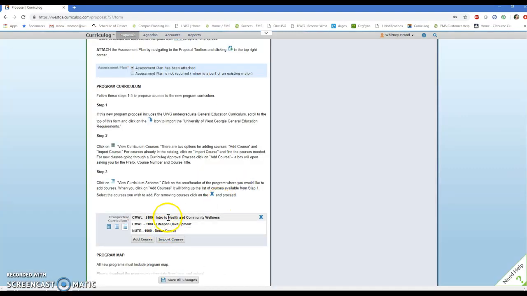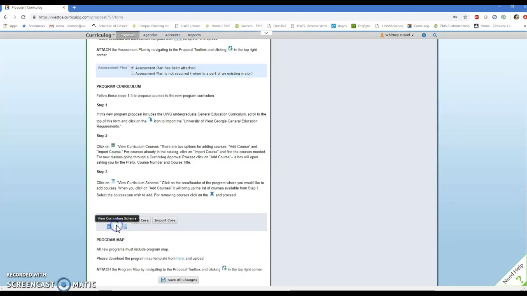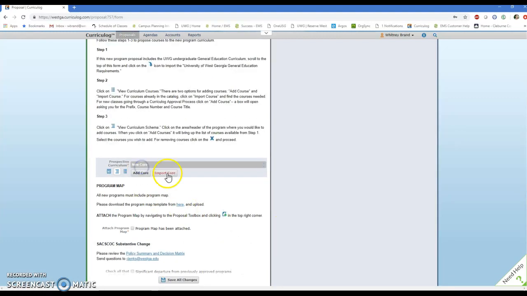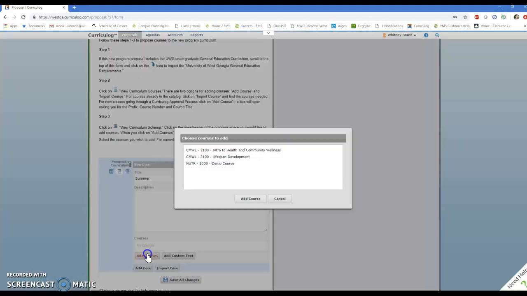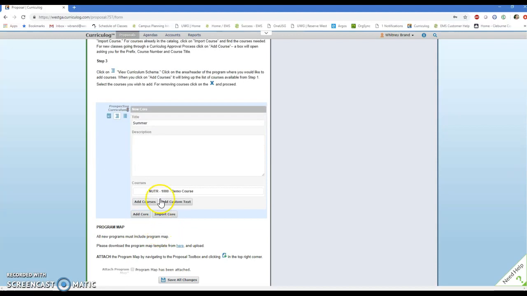The first step is adding all the courses that will be in the program. Next, you're going to build the order in which they're going to be offered, or how you would like them to appear in the catalog. So for this purpose, we're going to set it this way. We're going to do it by semester. So for summer, if you want them to take a particular course in the summer, you click here, and you're going to add that course. And then